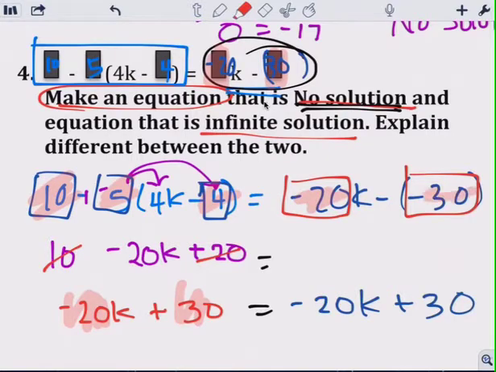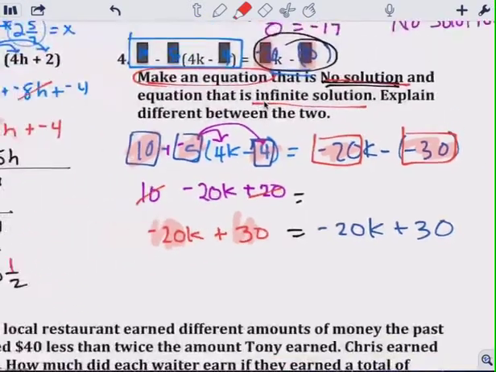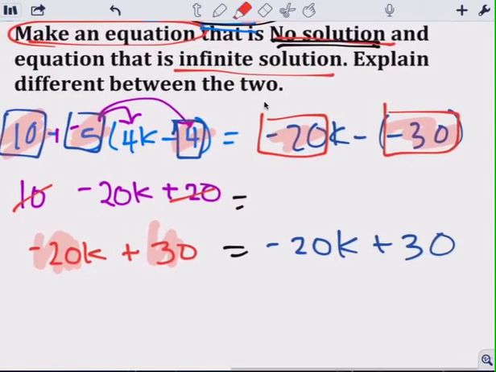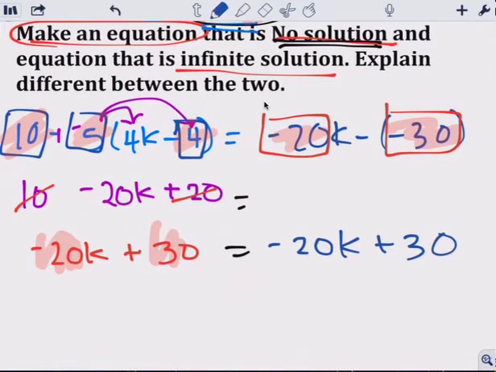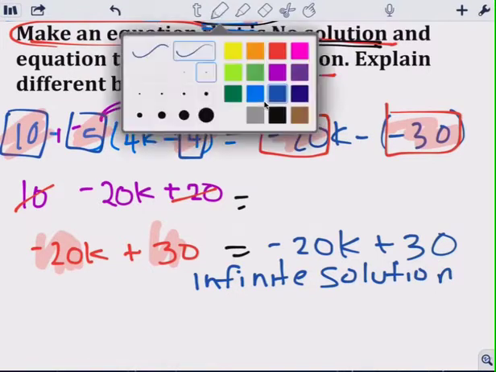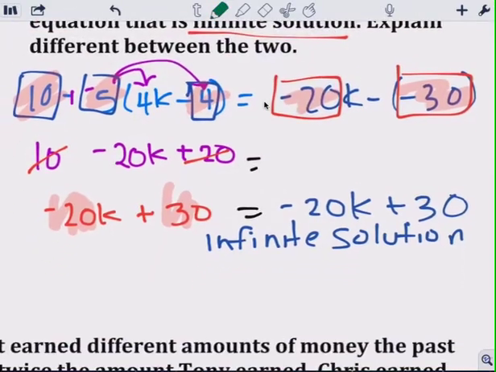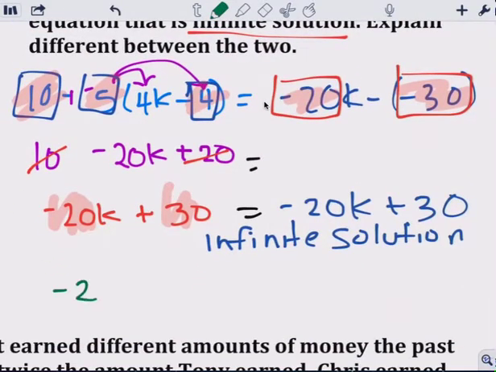To make this have infinitely many solutions. Now, to make it no solution, we're going to keep everything the same right here. So it's going to be negative 20k plus 30 equals,